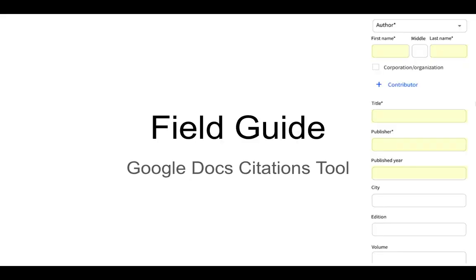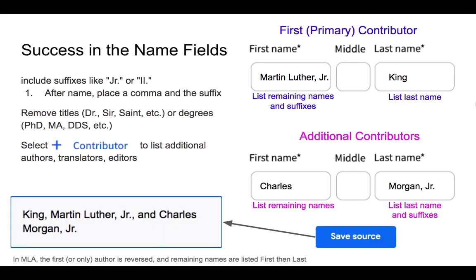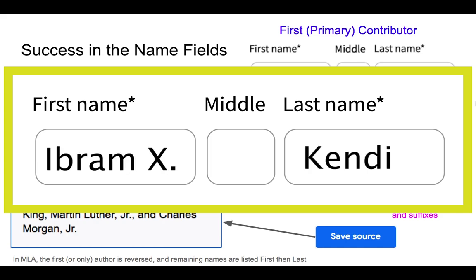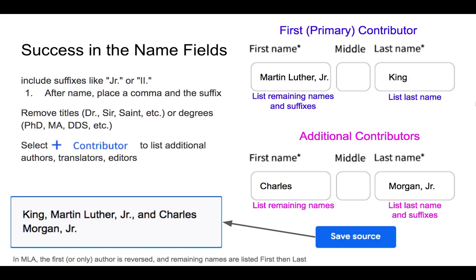So the first thing we need to know is what to do with all of these fields. These fields are spaces for you to input information. So I'm going to show you how to use them to get the most accurate citations. The name field is usually fairly direct. You just put the last name in the last name box and the first and any remaining names in the first name box. But let's take a look at the most complicated example, which includes names with suffixes like junior